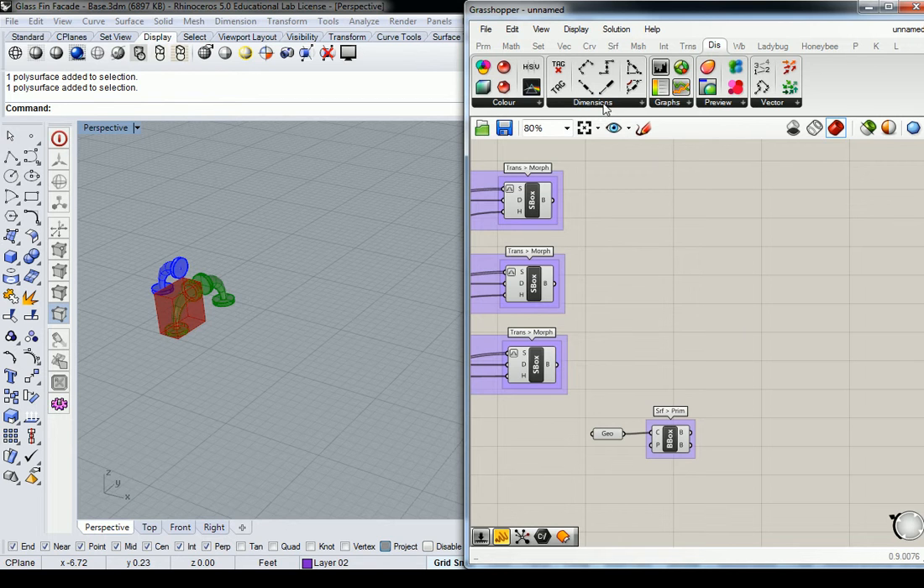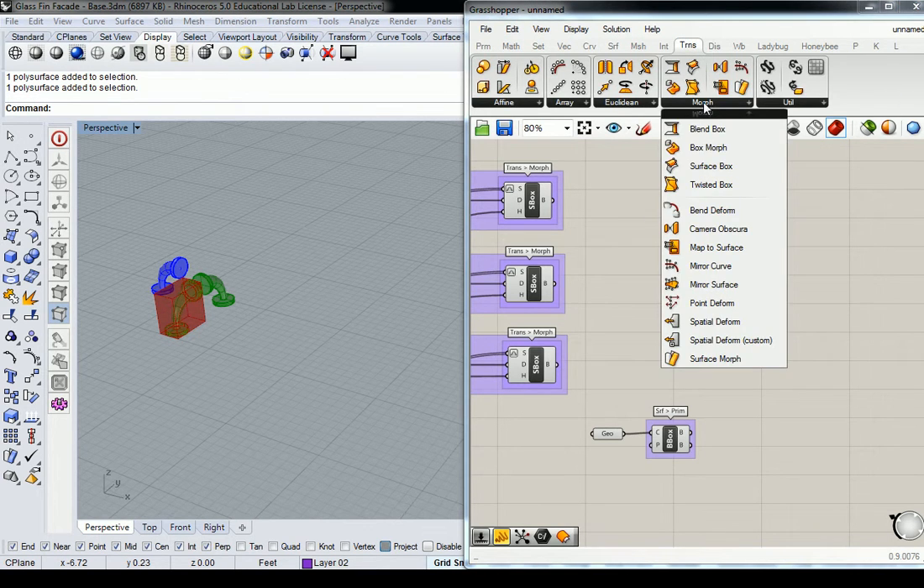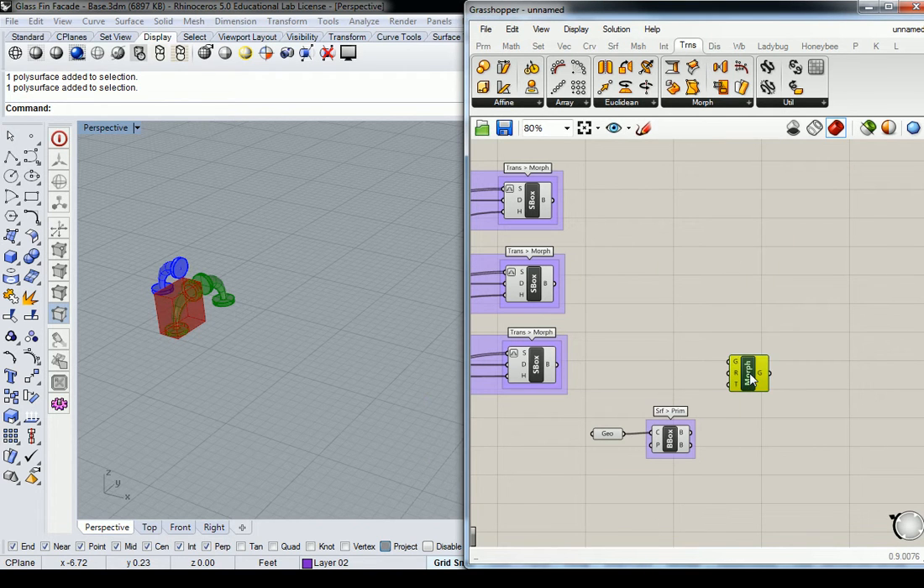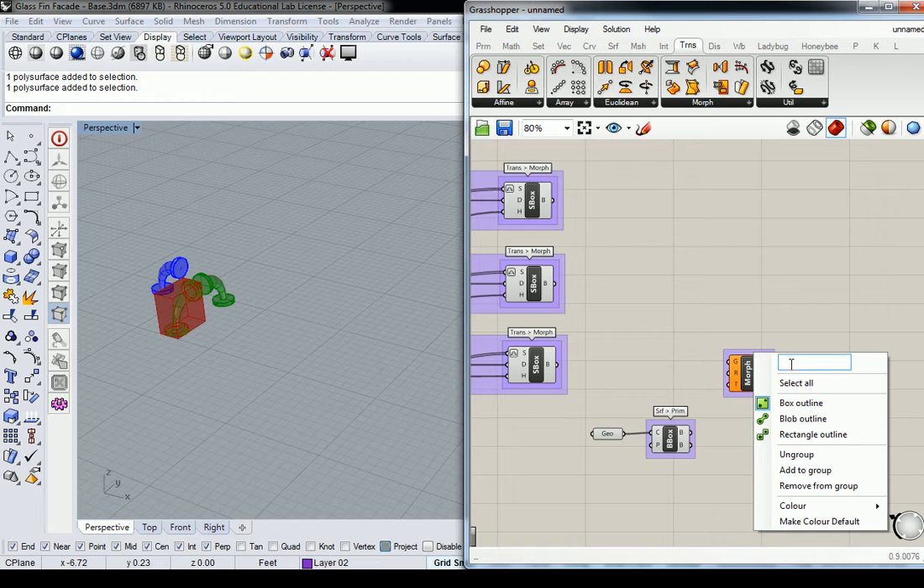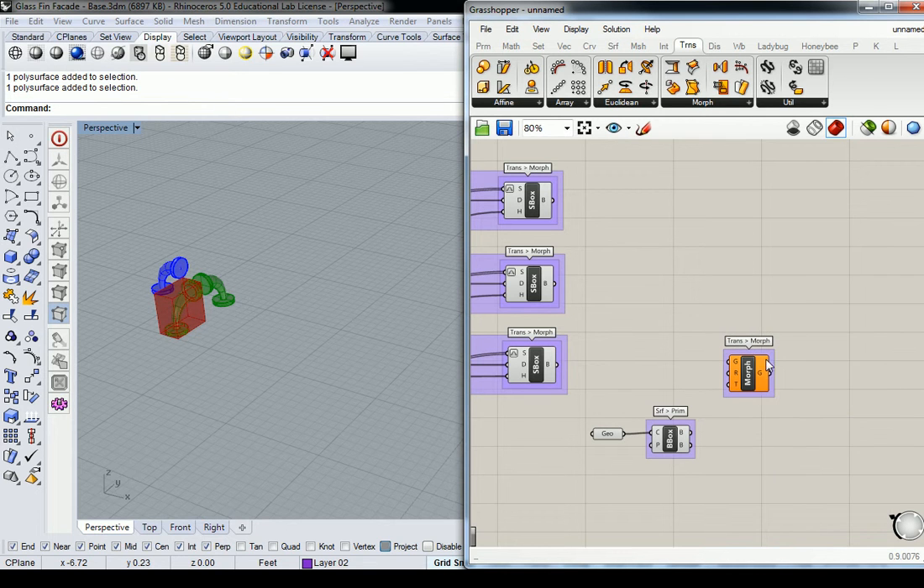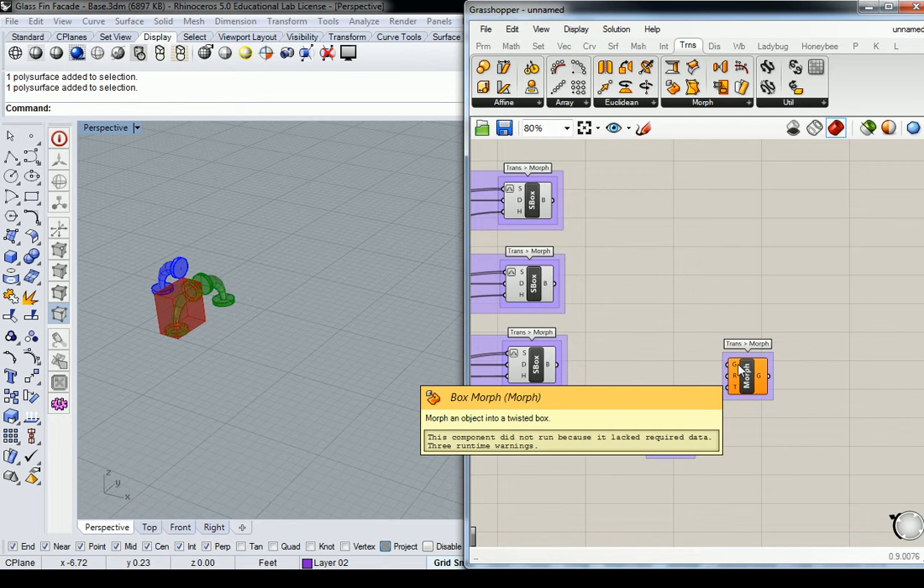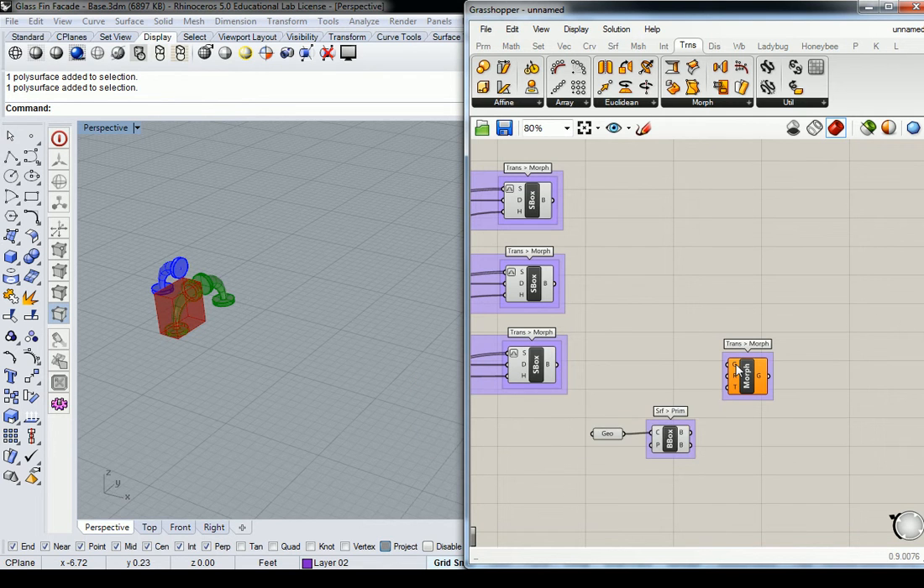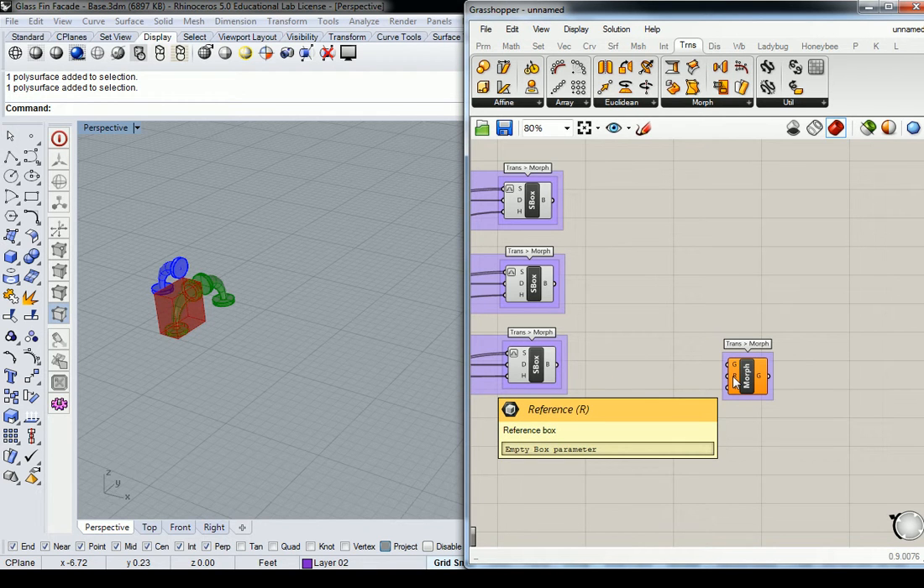That's it. It's just box morph, which is, I think it's under transform. Yeah. So under transform, under morph, you can grab this one right here. It's called box morph. And it's going to ask for the geometry that it's morphing. It's going to ask for the reference box, and then it's going to ask for the target